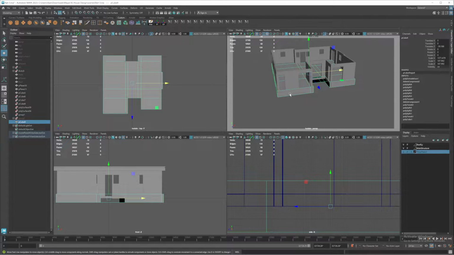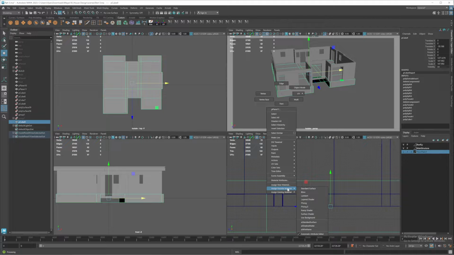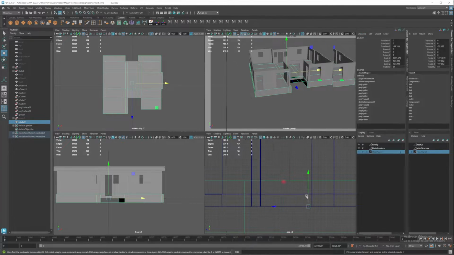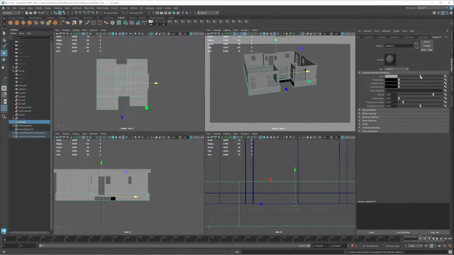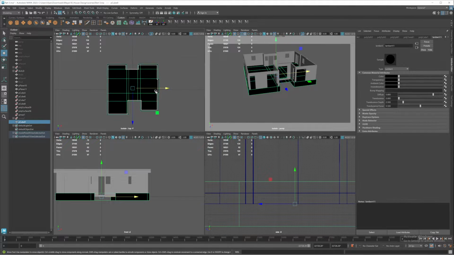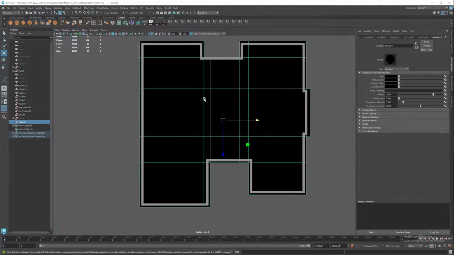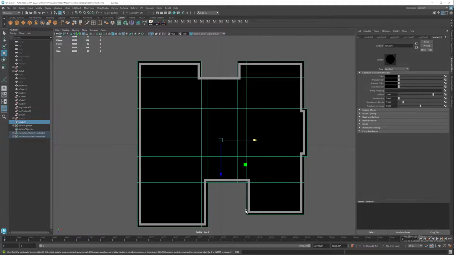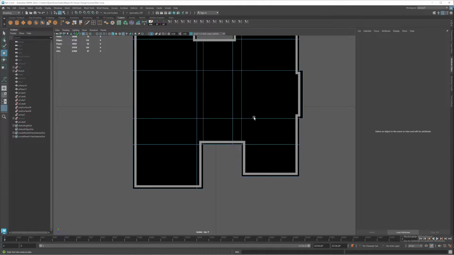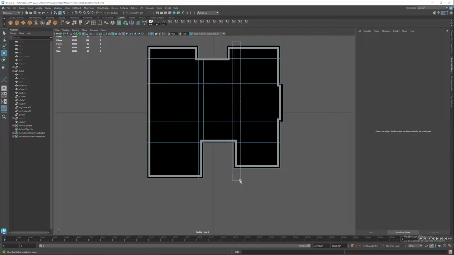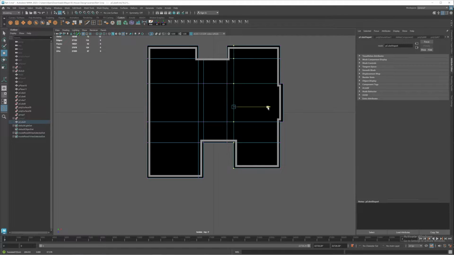So what I'm gonna do is grab this one right here. I'm gonna give it a different material, black. Let's give it something like a Lambert, but this time I'm gonna make it black so that I know how it fits in here. I just want to make sure it's fitting properly. So now I can see that this one right here, I think maybe we can just bring it out a little bit, and this one just